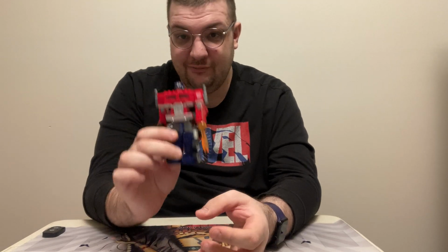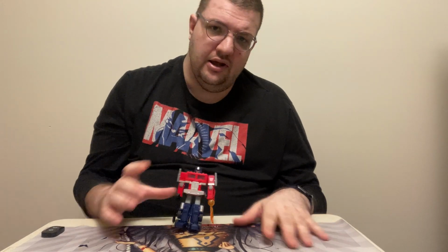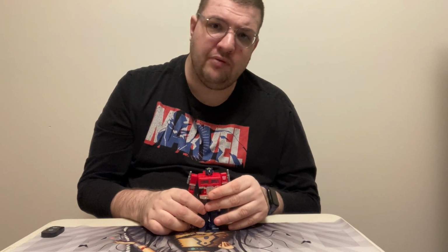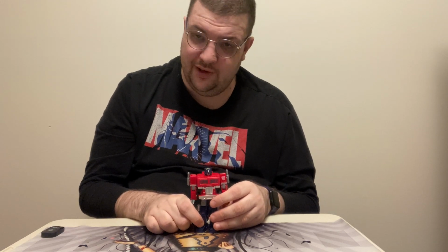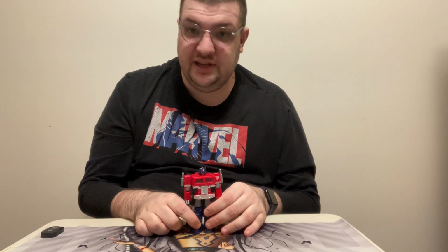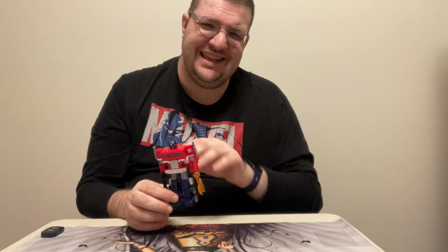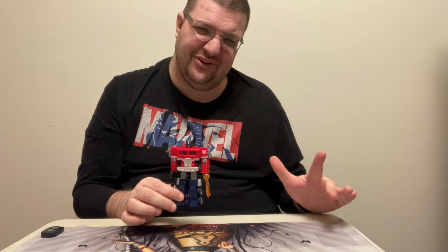But anyway, we're going to get started with our honorable mention for the year, G1 Universe Deluxe Optimus Prime from Legacy. I couldn't find space for him on the list proper because, let's be honest, oh my golly, this was probably the toughest thing I've done in a long time when it comes to toys. Legitimately, this was an incredibly difficult list to make, and Optimus here slid just off the end of the list,